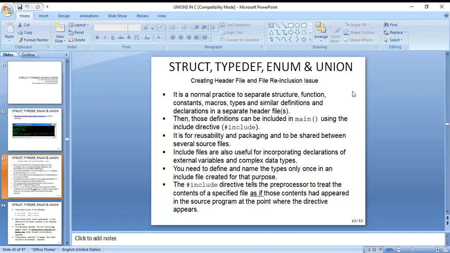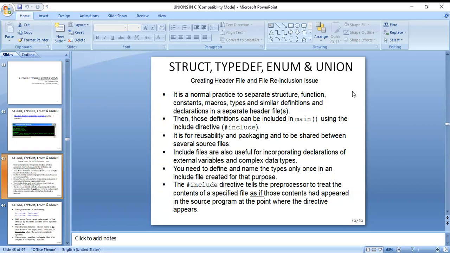But if you mention a character and enter an integer value, that is a complex data type. External variables are those declared before the main function. Those external variables we can use anywhere in our program.